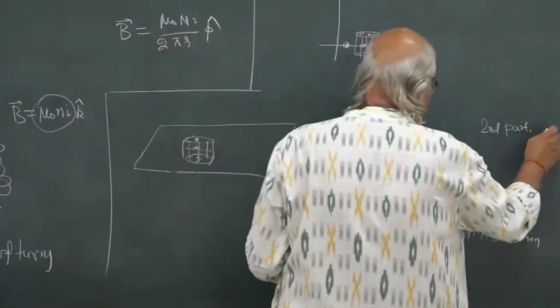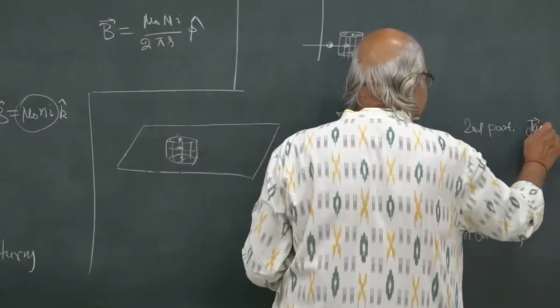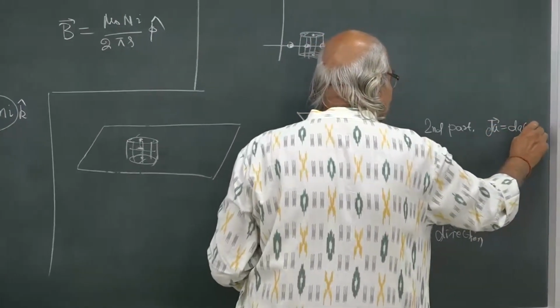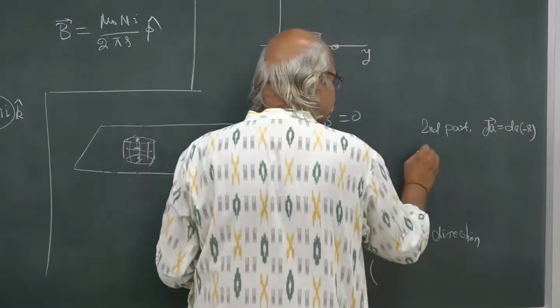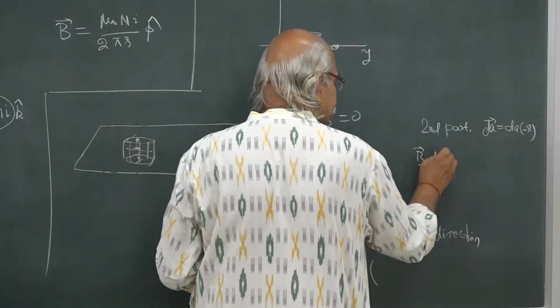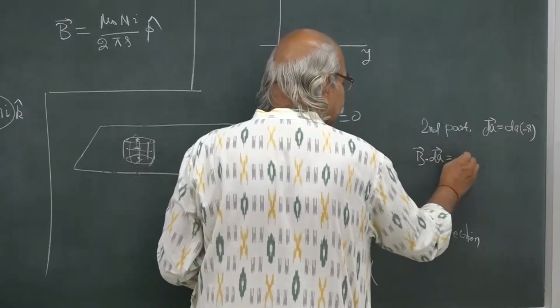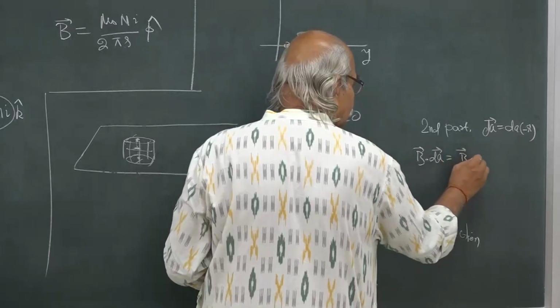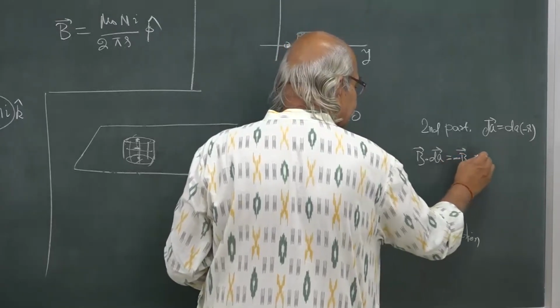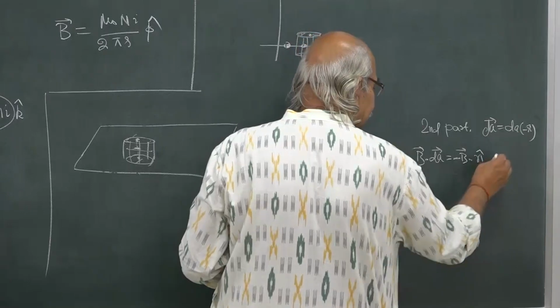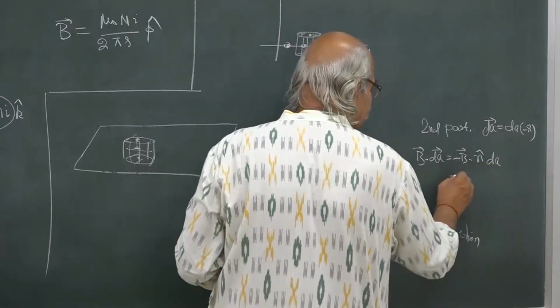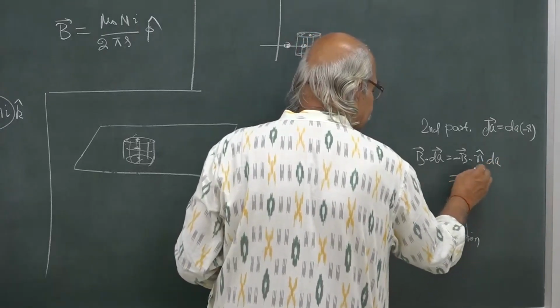Therefore, we will say that this dA vector is dA and minus n cap, and therefore, B dot dA will be B dot minus n cap dA,